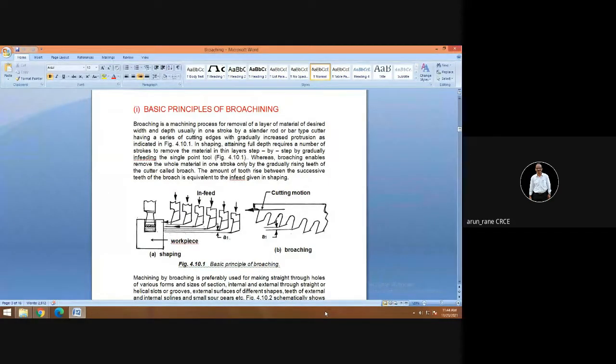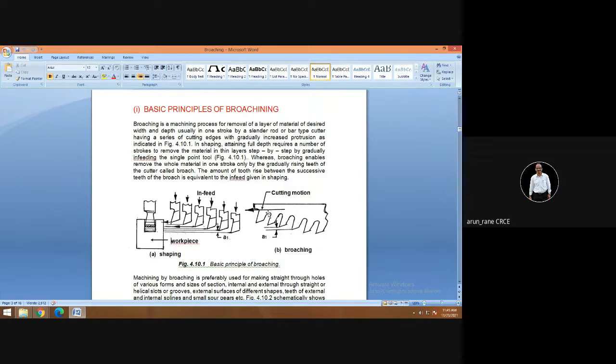If you have one or two pieces, then you can go for reamer. The cost of the reamer will be around 300 or 400 rupees, for an M16 or 20 dia hole. So that 300, 400 you can afford for one or two pieces, but you cannot afford 1 lakh rupees for a broach just for two pieces. That is not possible. So a broach will look like this. This is what a broach looks like.